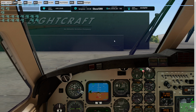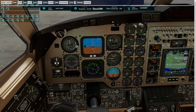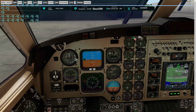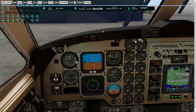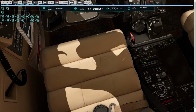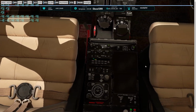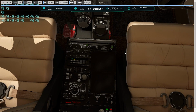"14 hours to copy from one drive to another. Why must I have so much scenery?" Oh, yeah, that's right. You bought a new external drive, didn't you? New drive, yep. He got a new drive because he needed to partition it for Linux, if I remember correctly. Correct me if I'm wrong, Das, but I'm trying to remember what you told me. So you're having to partition it in a certain way for the Orbix scenery to work because you don't have